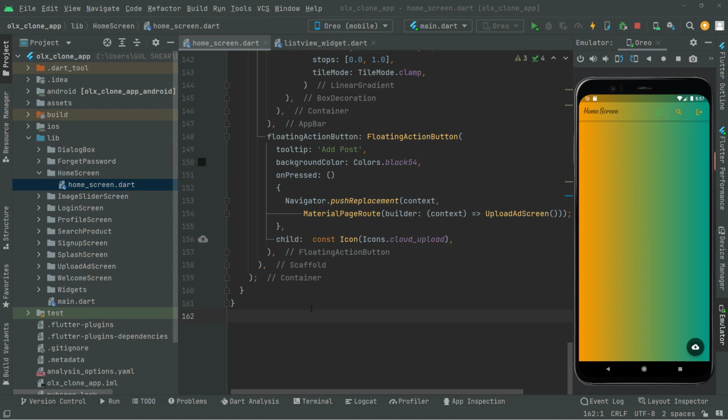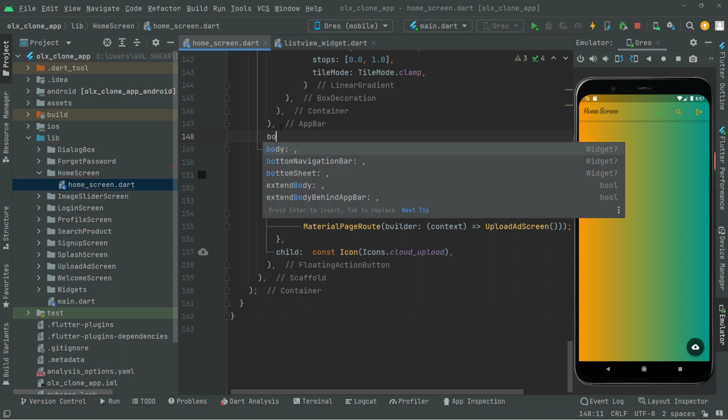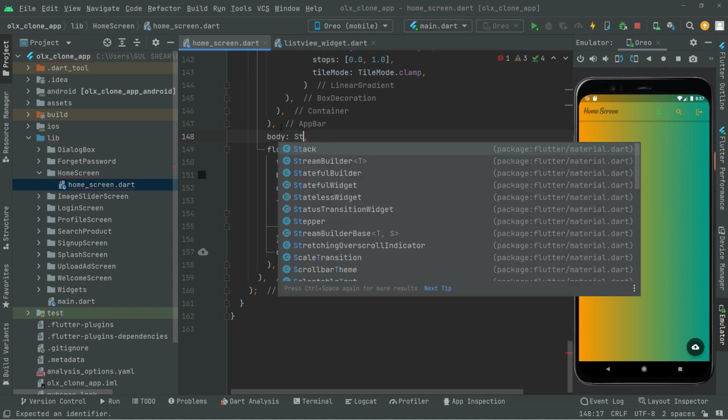Welcome back. So we are on the home screen. As I told you already in the previous video, we will just retrieve data below this app bar, so let us go ahead and start working. You'll have body right in here, and then we say StreamBuilder